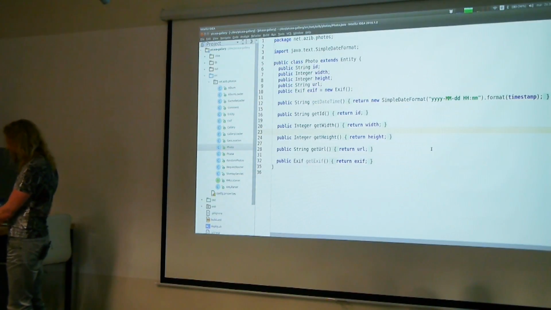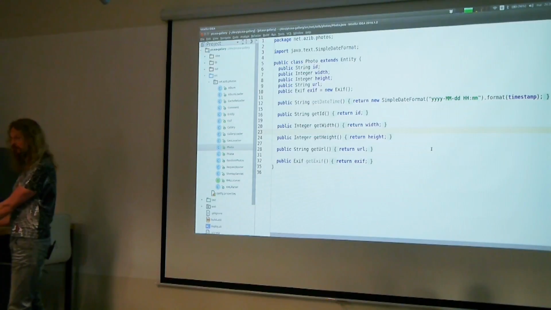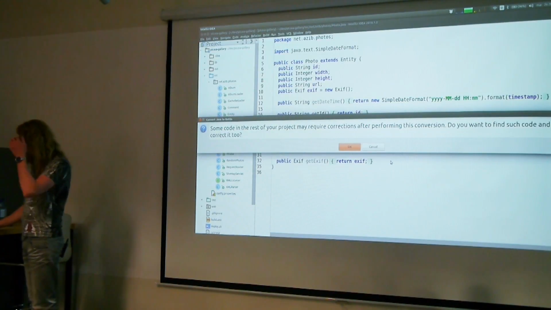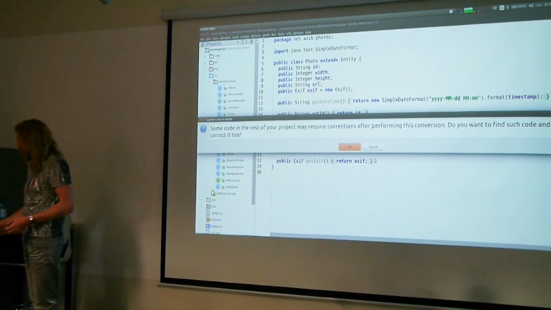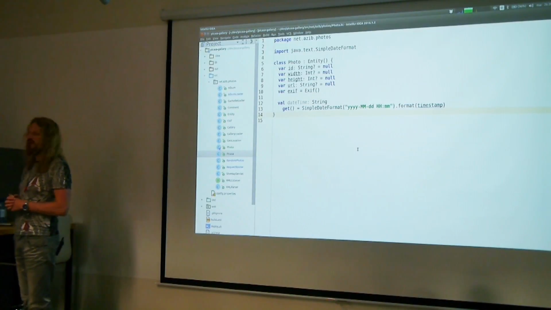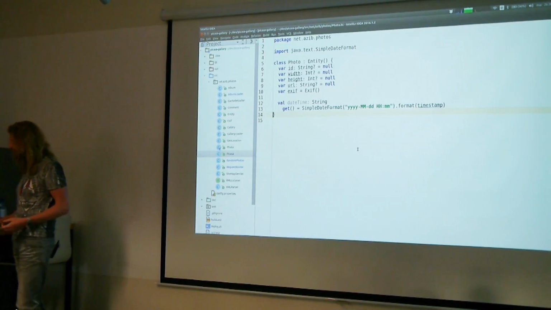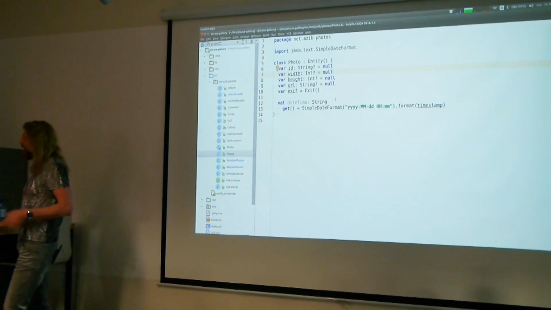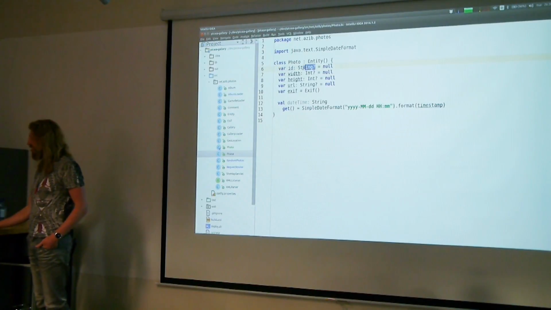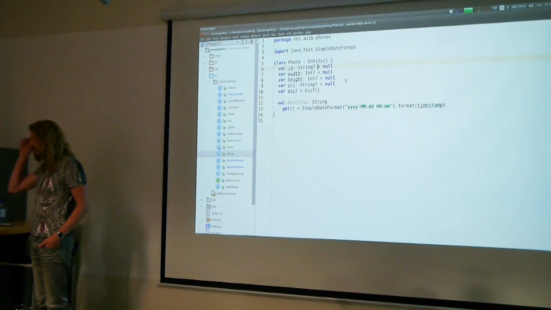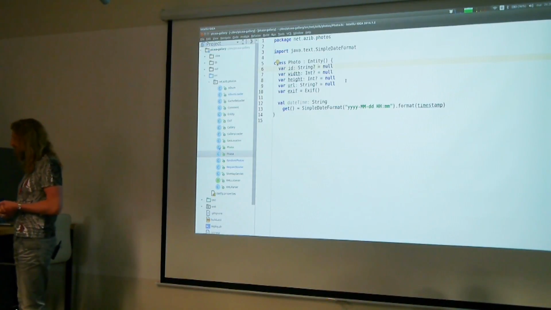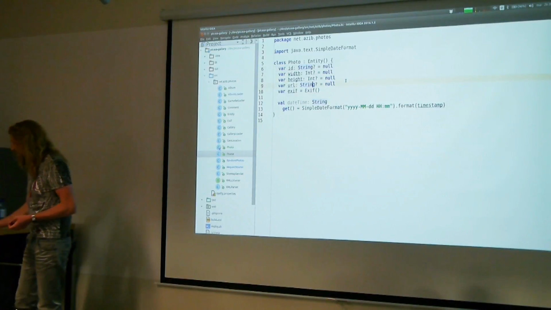So now I press Ctrl-Alt-Shift-K in just a random Java project. Let's see what happens. It tells me that there is some code outside of this class that needs to be corrected also for it to work. I press OK, and I have a class written in Kotlin. All the getters disappeared, of course, and you can even make it better. You can see that when it converts stuff, it sometimes tries to understand whether it is a nullable type or not. In this concrete class, because it doesn't have any constructor, it's a mutable class, so it decided that these things are all nullable.